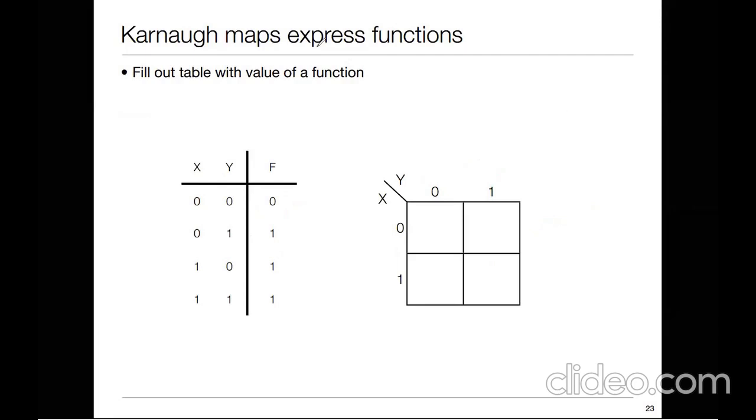So you can see the first is x is 0, y is 0. When x is 0, y is 0, what is your output value? This is 0. When x is 0, y is 1, this value is 1. When x is 1, y is 0, because this column represents x1, y1, this is 1. When both are 1, 1, this will be 1. So this is how we are going to map the truth table to the K-map. So this is understood.